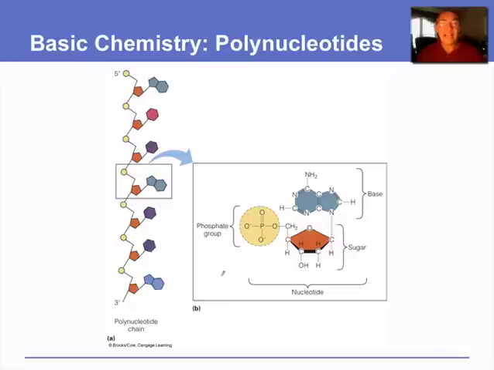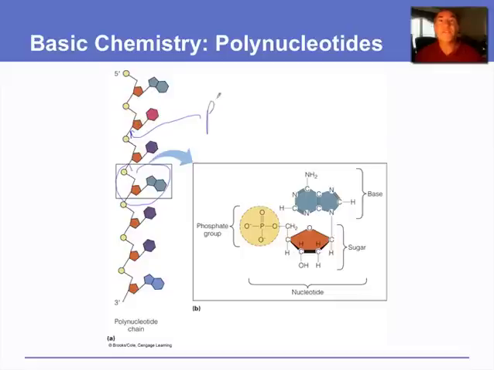When you start adding nucleotides together, we end up with a chain of nucleotides. Here's a single chain. Here's a single nucleotide. Here's your nucleotide. This is what it looks like, the phosphate, the base, and the sugar. And they are joined by bonds. And there's a bond right there. This bond right here between the ribose, or deoxyribose of the previous molecule and the phosphate of the next molecule,